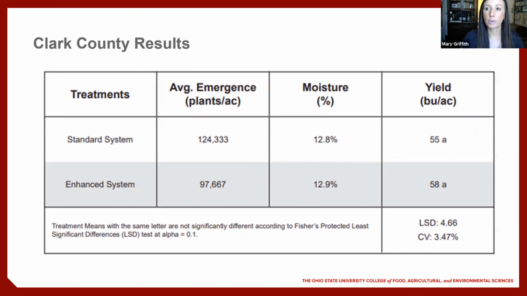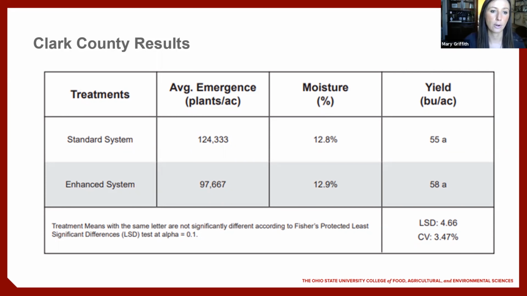In this trial, these are the results. The enhanced system did yield a little higher, but there was no statistical difference in those yields. So this could be partly because the planting date was a little bit on the later side for both systems due to the wet spring weather. And also with low disease and insect pressure, the fungicide and insecticide applications did not likely have much benefit at